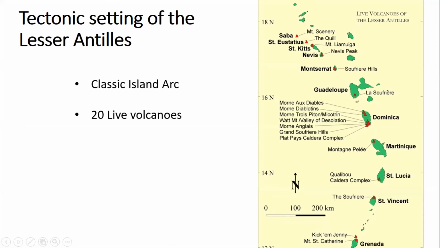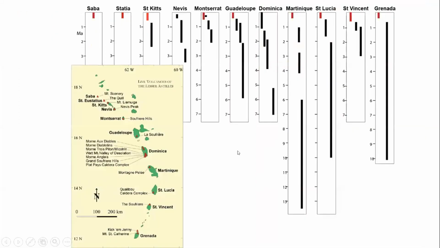I'm going to also talk a little bit at the end about volcanic risk, and how that differs from hazard. There are something like 3 million people that live on these islands. So there is a considerable risk that is not evenly distributed, and I'll finish up by talking about that. But I'm largely going to be talking about the hazards, about the actual volcanic eruptions and what the hazards actually are. So first of all, we're going to go to the island of Martinique.